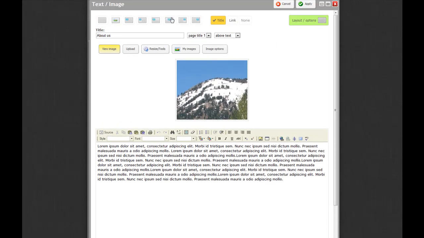And then you can decide the layout. Where do you want that picture? Do you want it to the right? You want it on top, to the right here, or do you want the content wrapped around it? And here, let me just show you. You can select that one, and there's